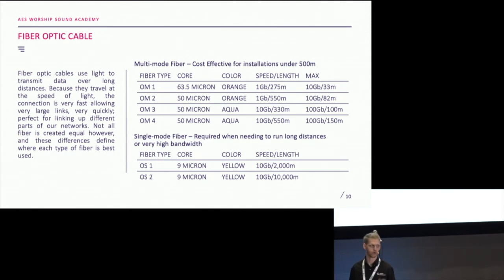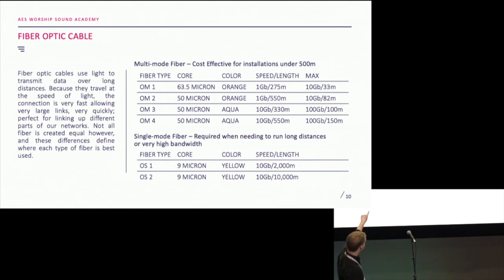So the single mode fiber is able to transmit a lot further with less loss, but the electronics and the fiber optics for it are much more expensive. So most of the time what you guys are going to see in audio is OM3 or OM4. That is going to give us a really great amount of bandwidth. You can see at 10 gigs, we're getting 330 meters. Well, if you divide that down to 1 gig, that's basically nearing 1,000 meters for a 1